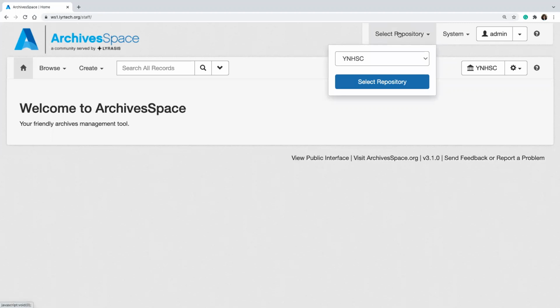So in ArchivesSpace, you can have multiple repositories, like you can have multiple physical repositories at your institution. So you can create in your implementation multiple repositories. And if you have the ability to work in more than one, you would be able to select different ones from this drop-down menu and then change your repository. What you see throughout this training would be a system administrator